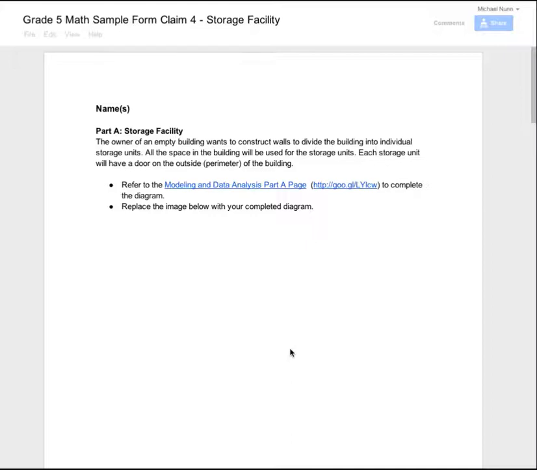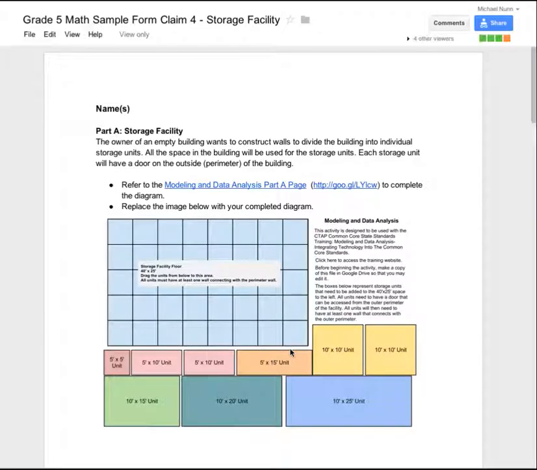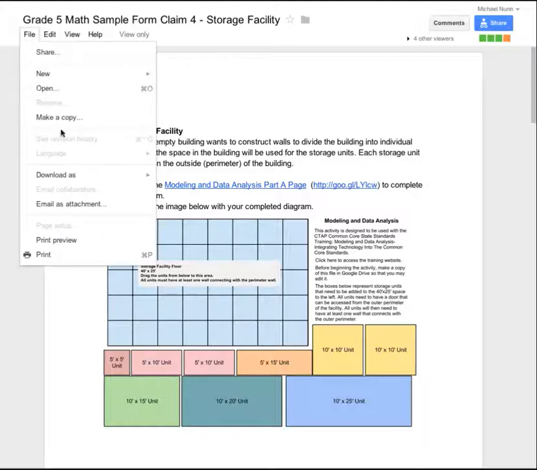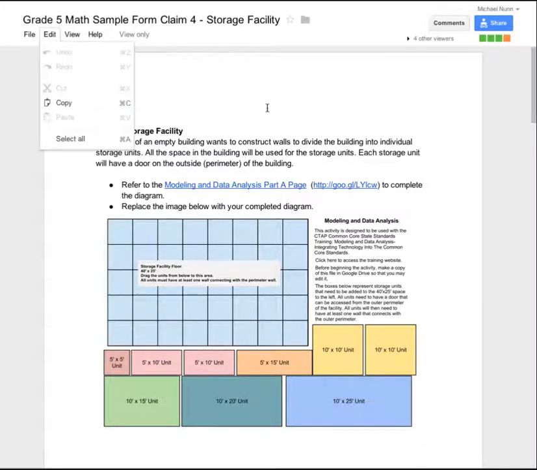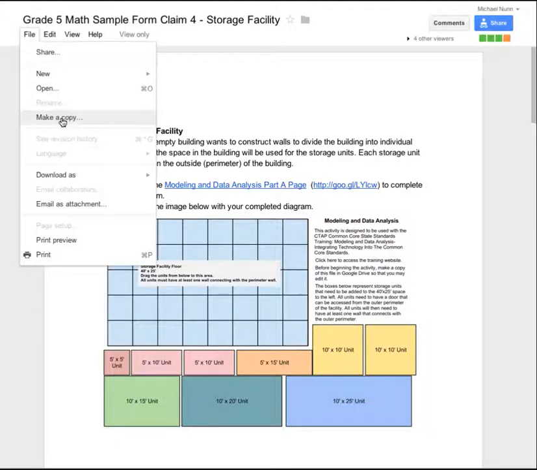So I'm going to go ahead and click on that document, and this is going to set itself up very similarly to the way that we saw the previous assignment set up. Right now I don't have rights to do much with it. I can't really edit or do anything with it. So my task is going to be to first make a copy,